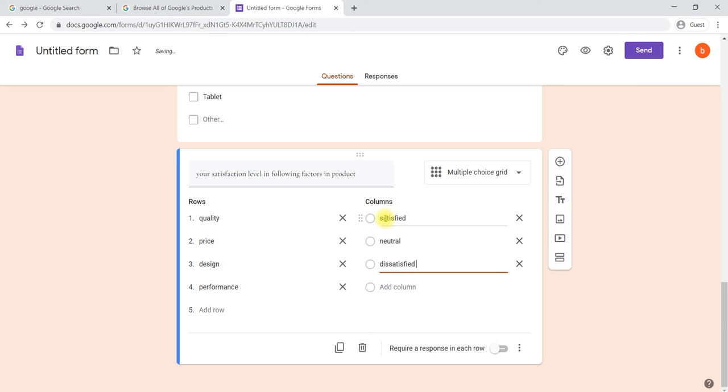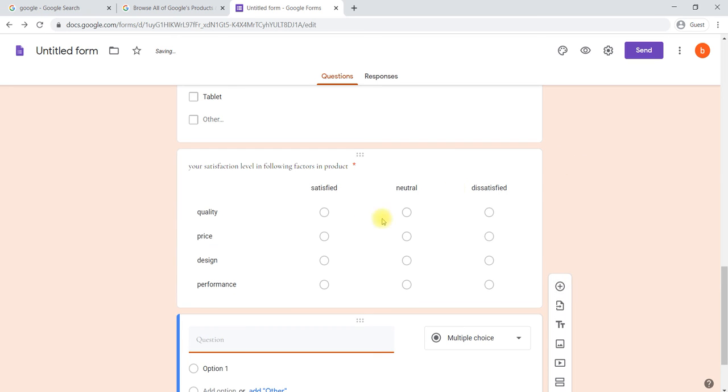Like this, out of three options, he can choose any one. If I say it is required, then this is how it will look. If you add one more question, it will show. In quality he can select satisfied or dissatisfied, any one of them.